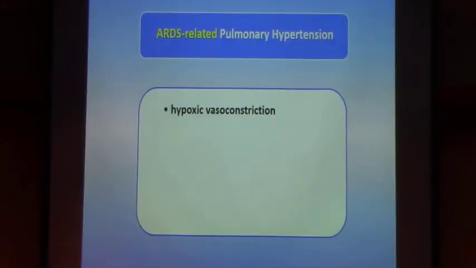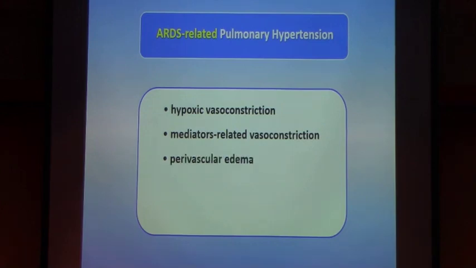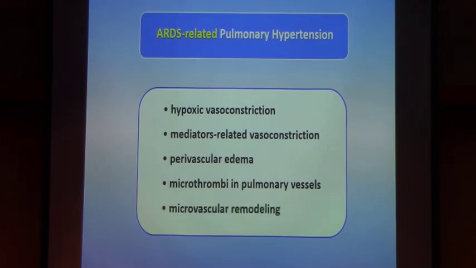For example, during ARDS, we can have hypoxic vasoconstriction resulting in a high pulmonary vascular resistance, mediators-related vasoconstriction, perivascular edema, microthrombi in pulmonary vessels, microvascular remodeling. All these factors can lead to an increase in pulmonary vascular resistance, an increase in the right ventricular afterload, and can create